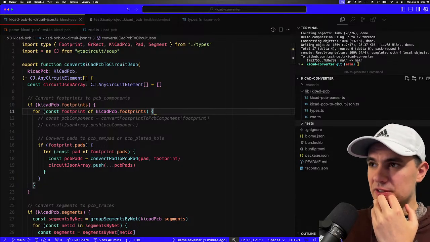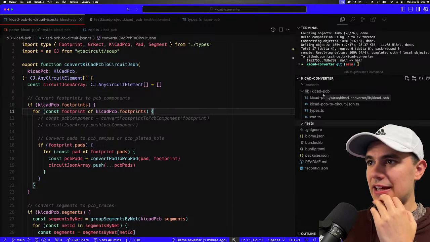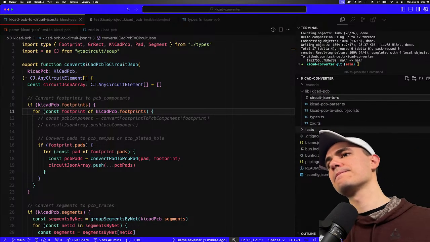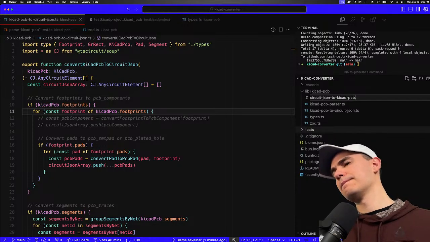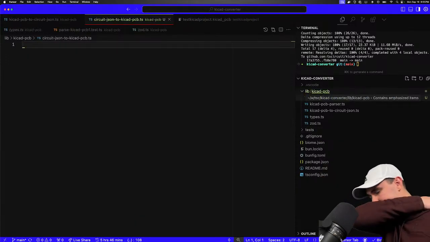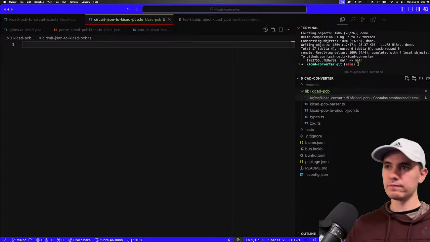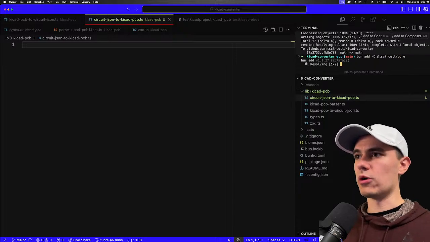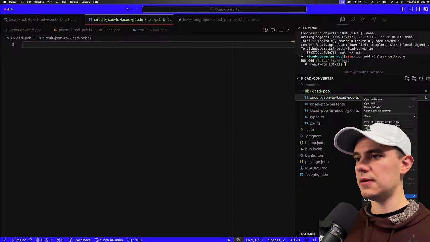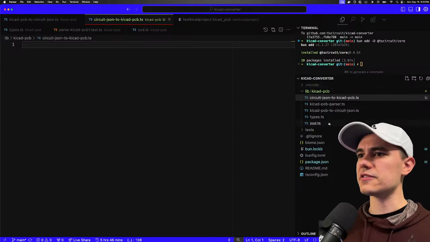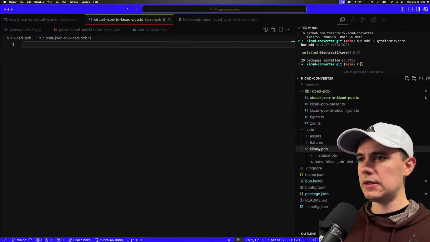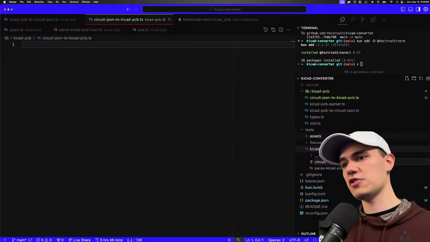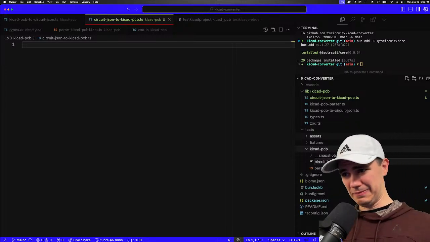Yeah, so we're going to do opposite direction now. So we're going to do circuit JSON to KiCad PCB. For this, I'm going to use core so that we can write normal TS circuit code. Also use TSX for the file. No, I don't need TSX. I only need that for the test. KiCad PCB, we'll call this circuit JSON to KiCad PCB